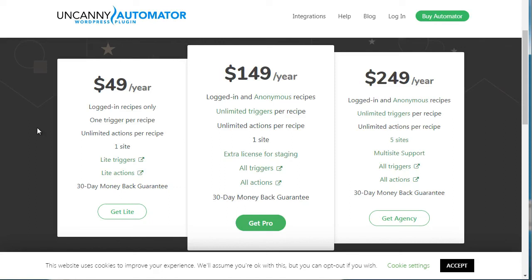So these two systems we highly recommend. We've used, we've tested, and we've really enjoyed using them. There are many other sites out there that do these kinds of things, but we've really narrowed it down to these two sites. And you can access the Uncanny Automator by going to